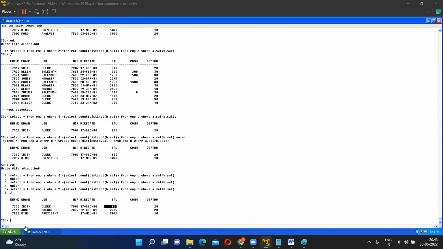So what will be the query? Can you just tell me? Kirti: select star from EMP A where 9. Why are we taking 9? Because it is n minus 1, for any n. So it is 10, and 10 minus 1 is 9. Yes or no, guys? Yes. Count of distinct B dot sal from EMP B. Where what, guys? A dot sal is